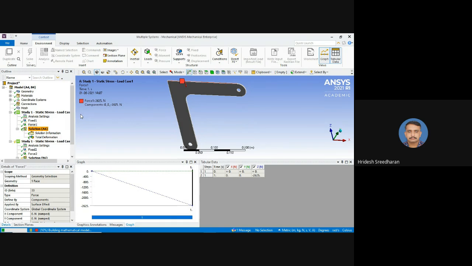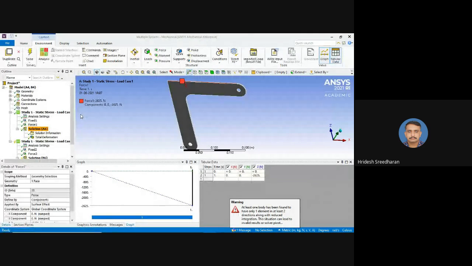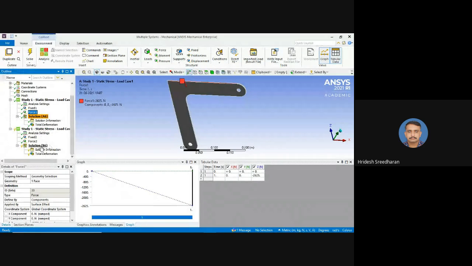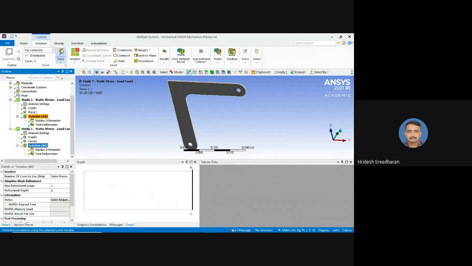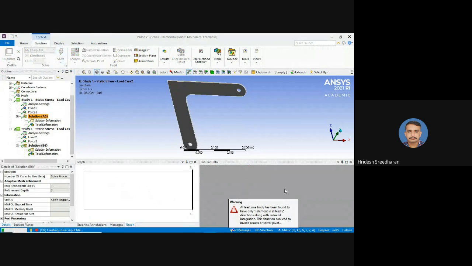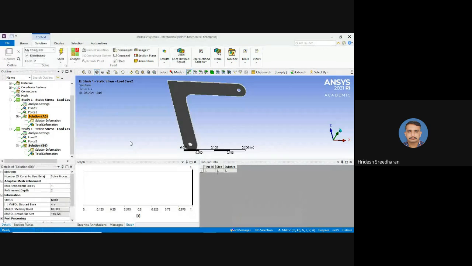As ANSYS is much more precise in the case of simulations, definitely it has given us some warnings. So let me solve the second load case also. And this time we are disregarding the warning in both cases. We can refine the mesh so that the warning will not be there.